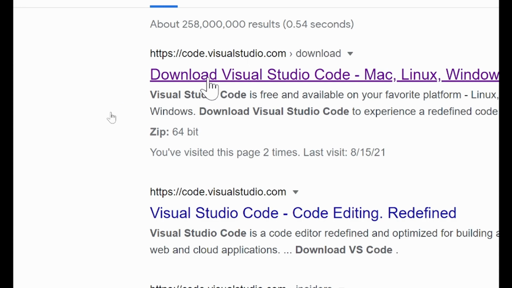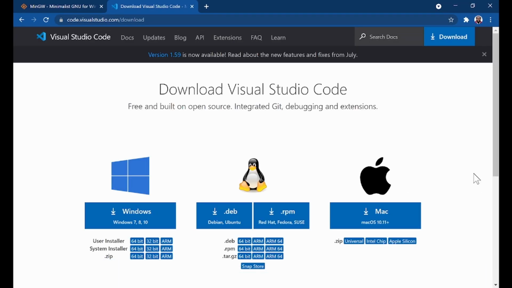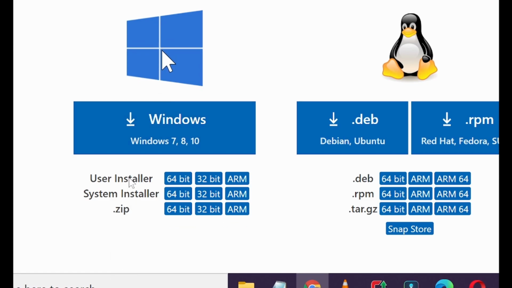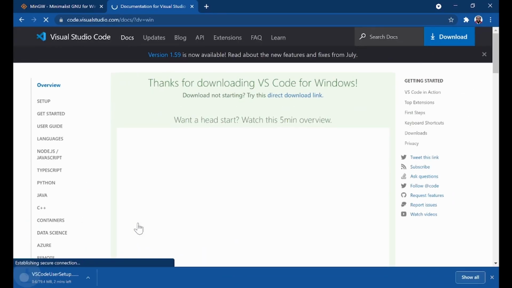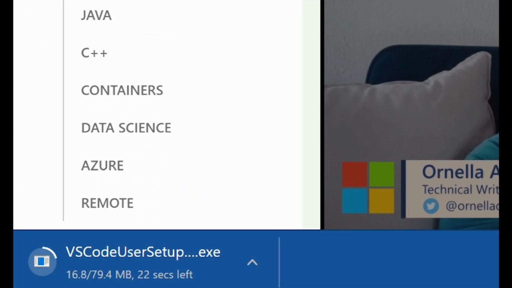You click here to download and you realize that it is on code.visualstudio.com/download. Just click on this link and you'll be taken to the right place to download Visual Studio Code. And over here, since we are working with Windows, just focus on the Windows and you click here to download for Windows. So you click here to download Visual Studio Code, and Visual Studio Code will download on your computer